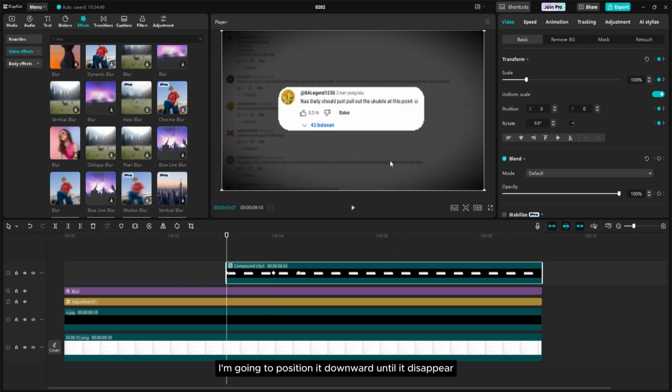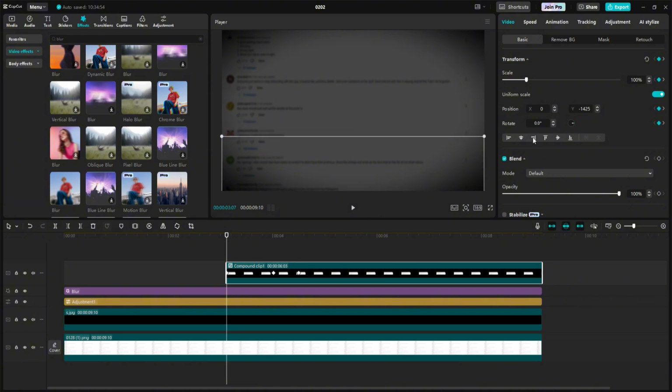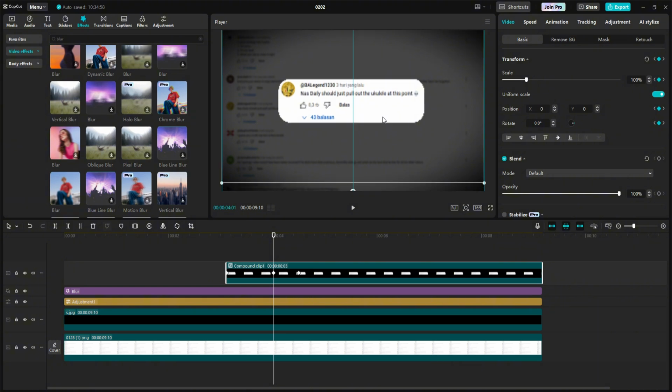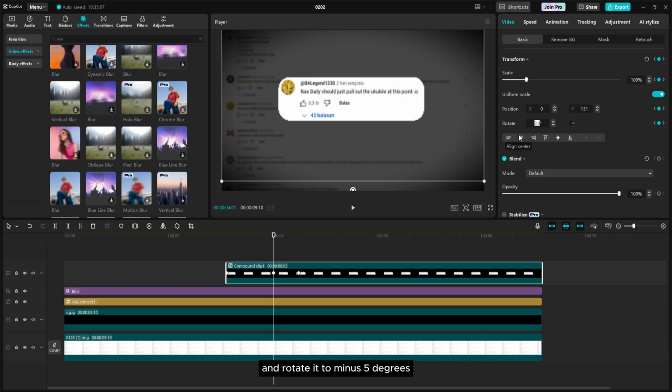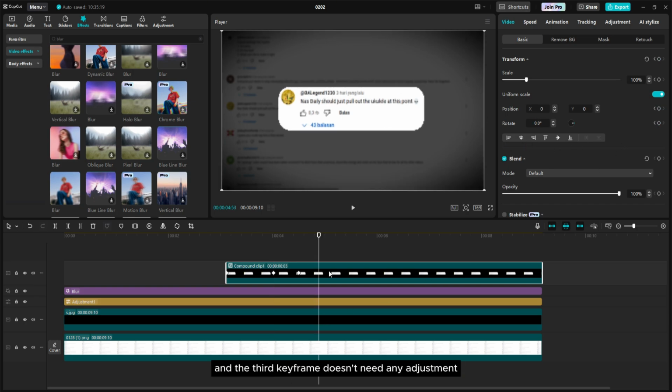For the first keyframe, I'm gonna position it downward until it disappears and rotate it to 5 degrees. Then for the second keyframe, pull it up a little bit and rotate it to -5 degrees. And the third keyframe doesn't need any adjustment.